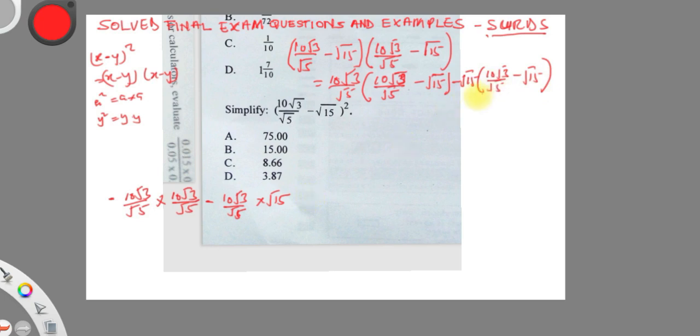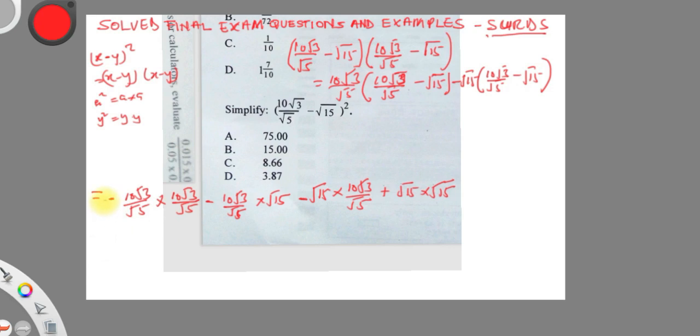Let's move on to this. So negative √15 times positive 10√3 all over √5, we get negative. So minus √15 times 10√3 all over √5. And then negative times negative, we get positive. So positive, we have √15 times √15. Okay, yes, that's what we have. So let us continue. So this is equal to